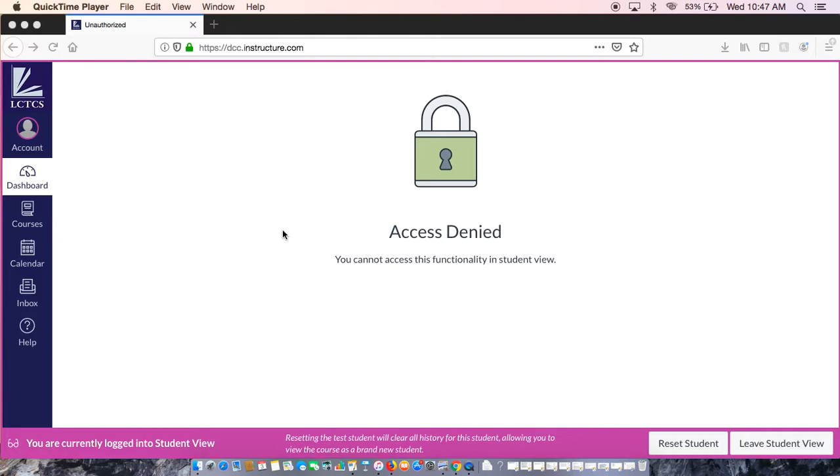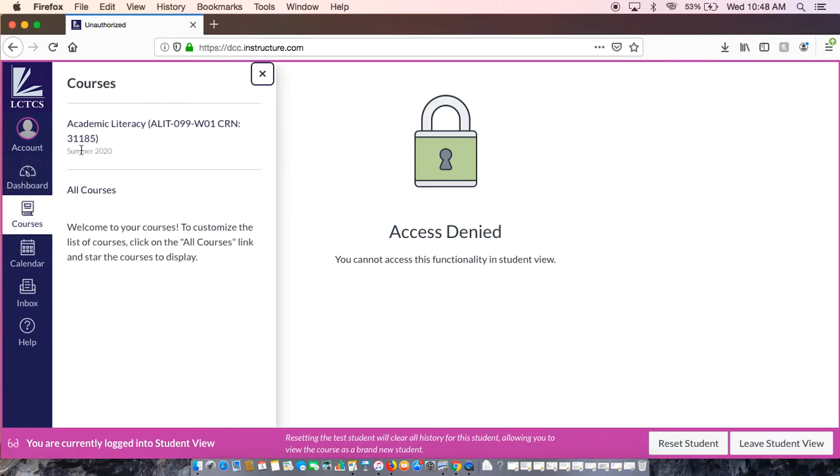Okay, all right, so you're going to go to Canvas. Presumably, you know how to access Canvas: dcc.edu, and then on the far right under quick links, you access Canvas that way. All right. Then once you're logged into Canvas, you go to courses, and then academic literacy. If you are enrolled in the class, academic literacy 099 will pop up. You'll click it,